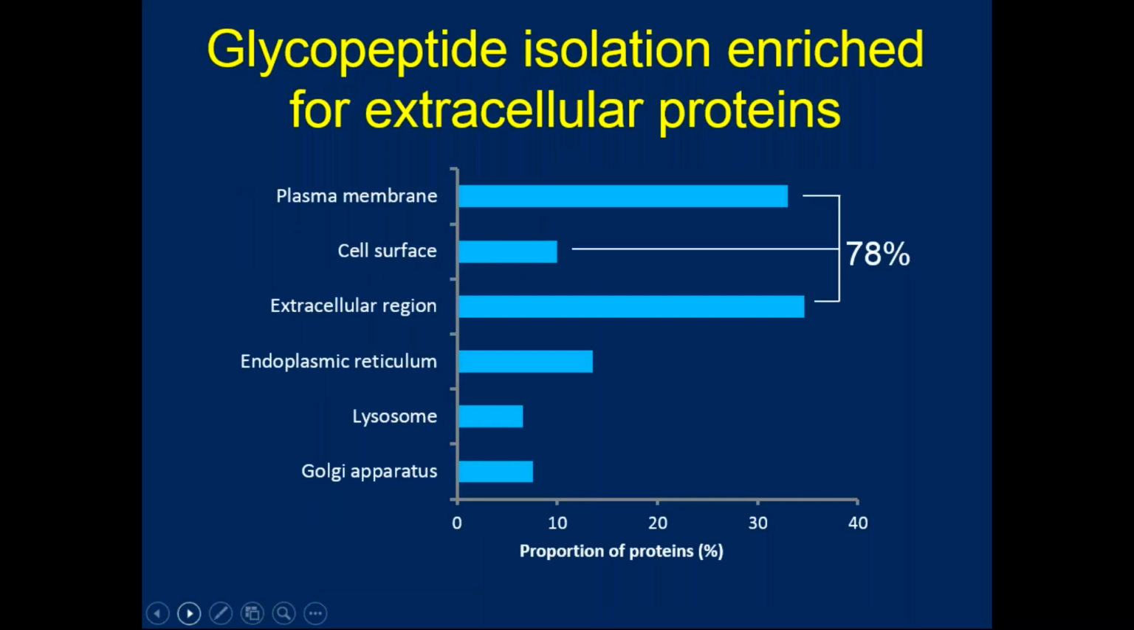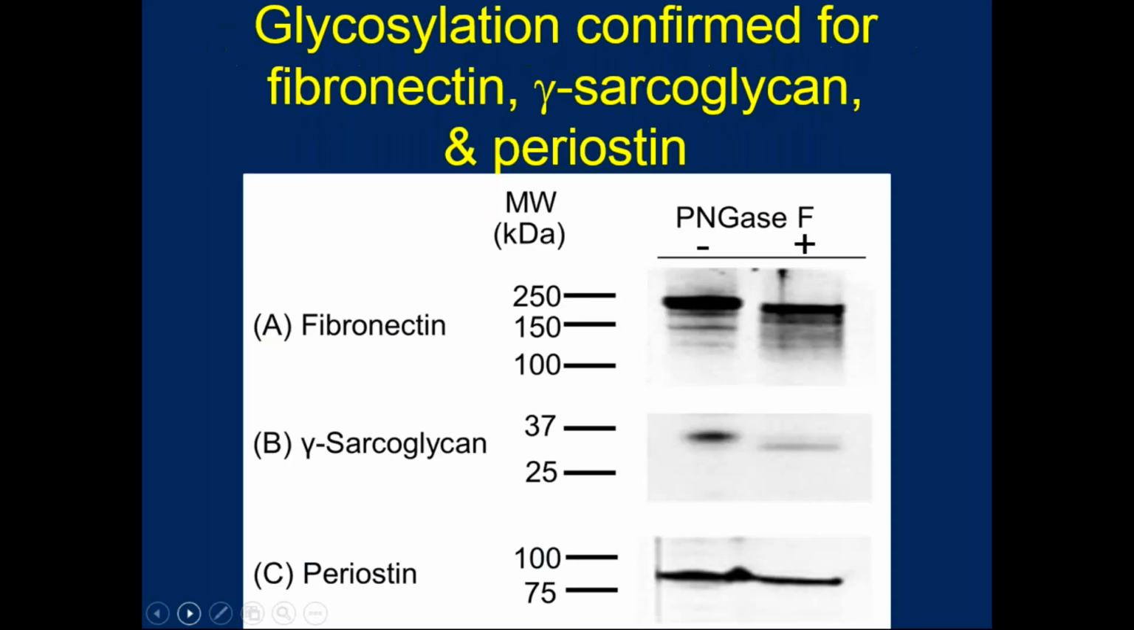As you can see, 78% of the peptides that were identified belonged either to the plasma membrane, the cell surface, or the extracellular region. We then looked at whether some of the peptides that were identified were actually glycosylated. So the LV sample was incubated with or without PNGase F, an enzyme that releases the N-linked oligosaccharides, and immunoblotted for fibronectin, gamma-sarcoglycan, or periostin. And as shown here, you can see there was a shift down in the molecular weight, which confirms that